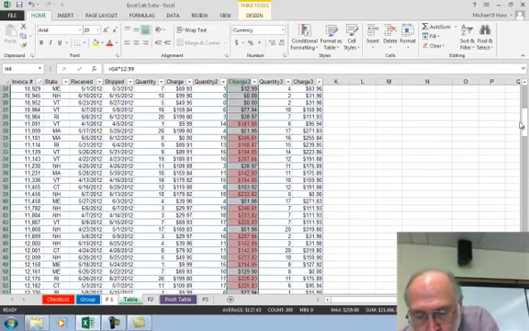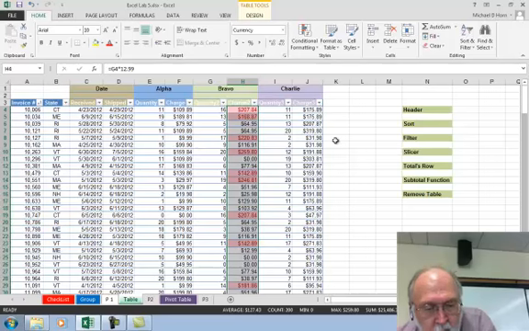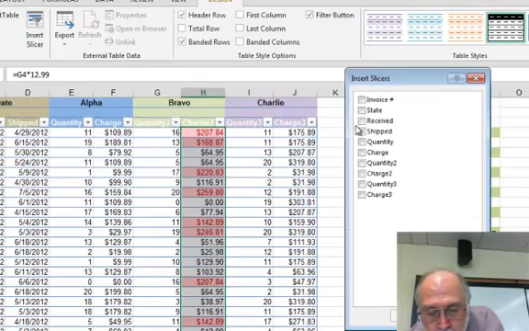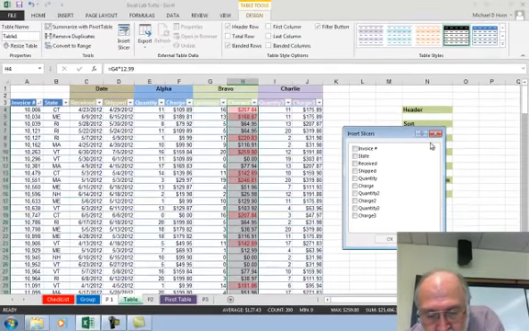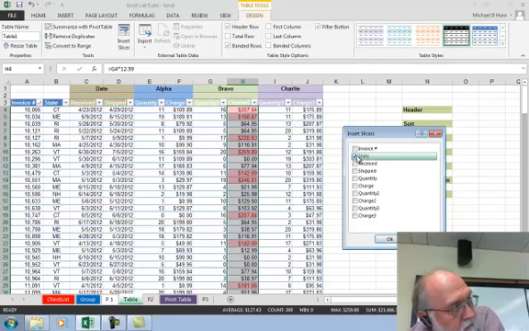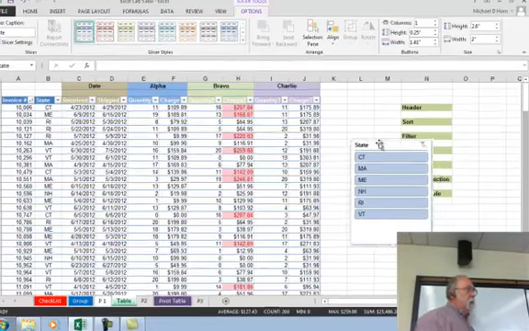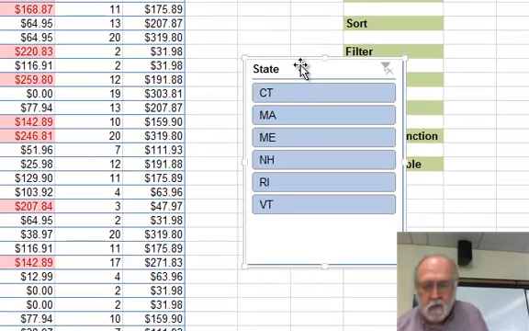All right. Come back up to the top. Filter. Now, in the new version, 2013, Mac people, you won't see this. The slicer, I don't think. Insert a slicer. So again, I'll just pick state here. I said insert slicer, then I went state. And it creates this little dialog box that floats around. It works the same way to filter things,